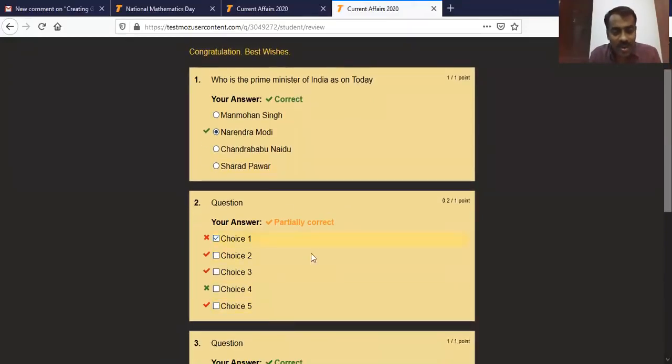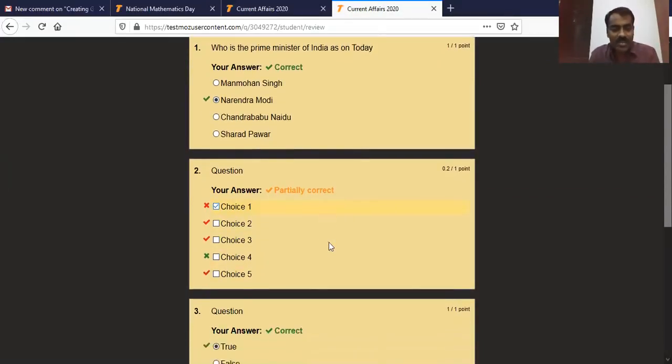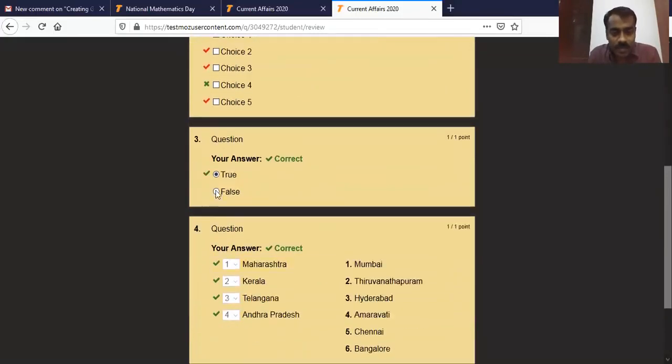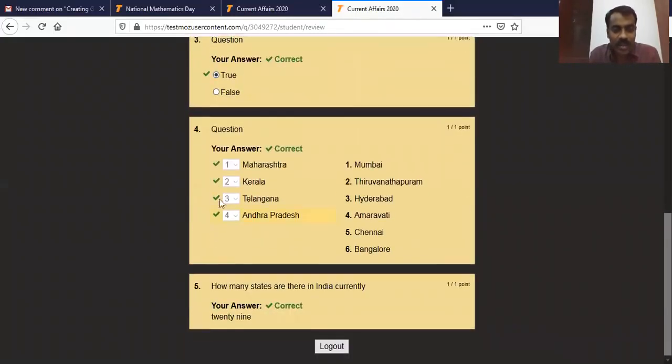And this is wrong. This is wrong because we have not actually set any question and answers. So that's fine. Then this is also wrong, I have not set the question. Now it comes to here, the Maharashtra question is correct. So I got 1 mark here because I have assigned totally 1 mark only. If I had assigned 4 marks, then I would get 4 marks here.